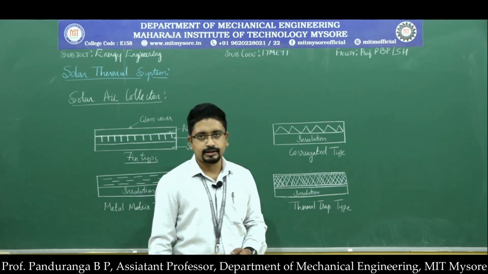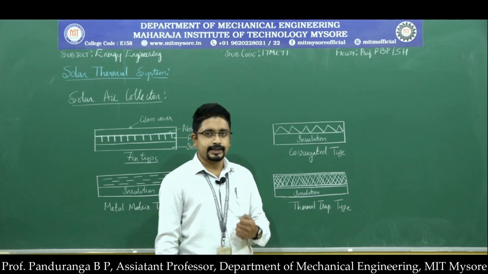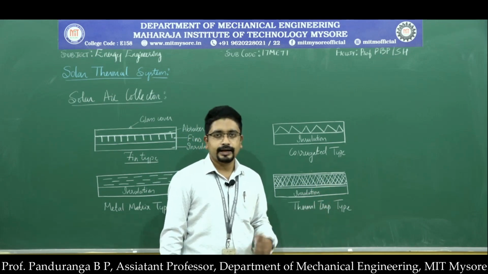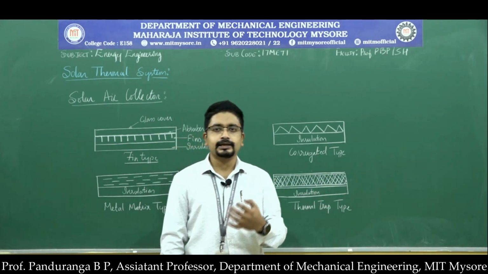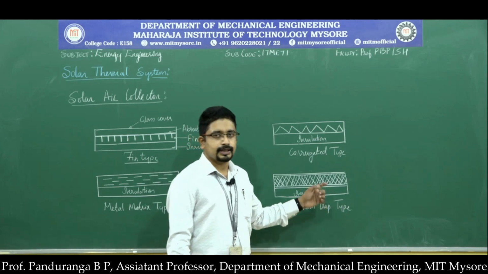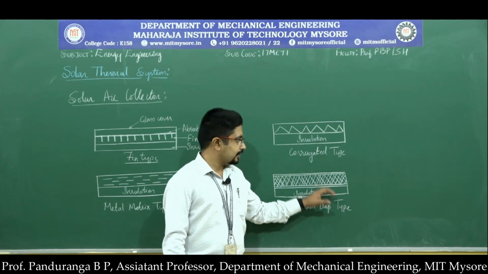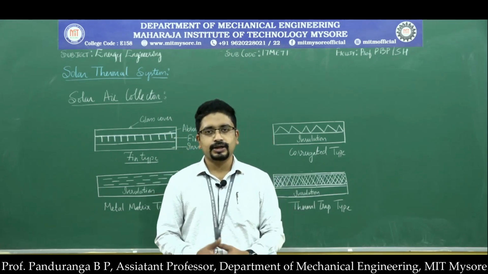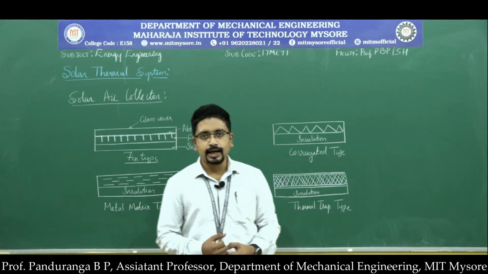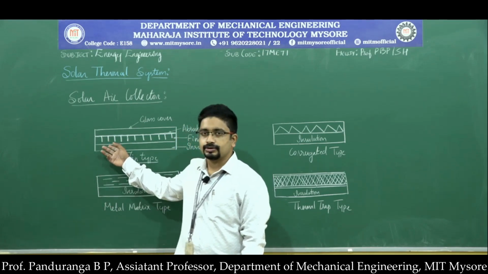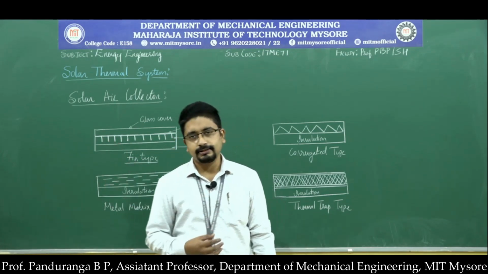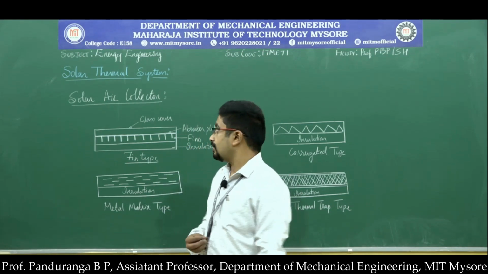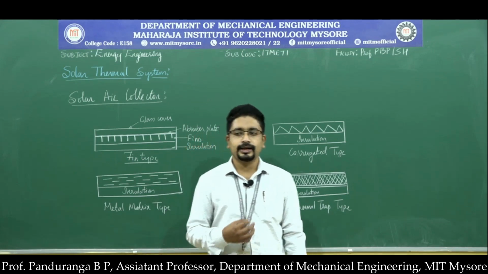We have a porous material which absorbs heat energy and stores it, and the air is made to flow through the porous material, and as it flows through the porous material, it absorbs the heat energy stored by the material. So in all these variations, what we do is we find one or the other way to store heat energy and to absorb heat energy, and then that will be transferred to the air which is flowing through the passage. These are a few variations of solar air collector or solar air heater.